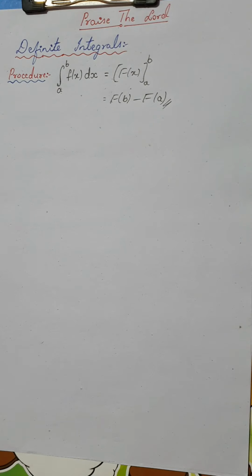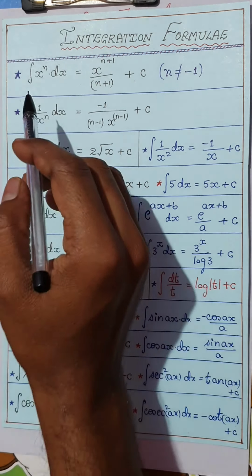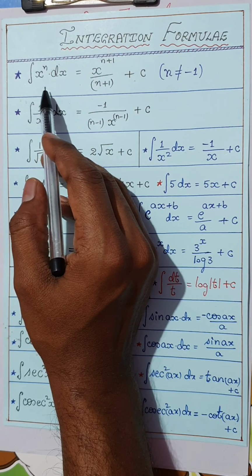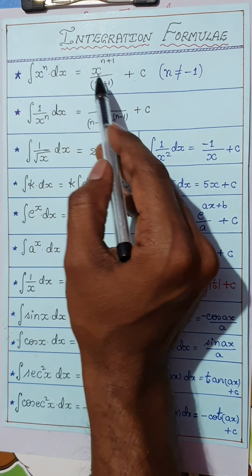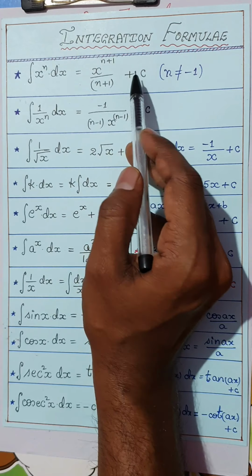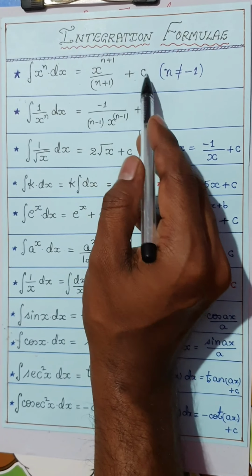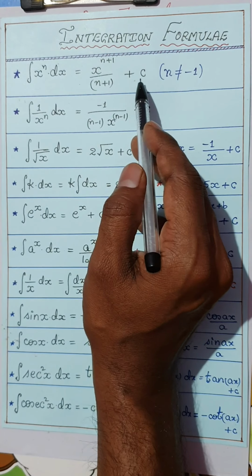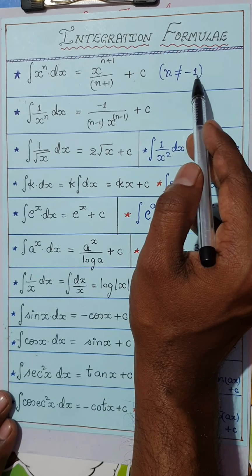Okay, now before I start with the problems section for this, let us just have a rewind of the formulas of integration, then we can directly go on to the problems. Right, so I hope you all know these formulas of integrals already. The only thing is just a recap of the formulas. Now integral of x power n would be x power n plus 1 divided by n plus 1. Now for all the indefinite integrals I was supposed to use plus c, but remember for definite integrals I am not going to consider plus c, because when I apply the limits the constant part is taken care of. Now remember, this is for n not equal to minus 1.